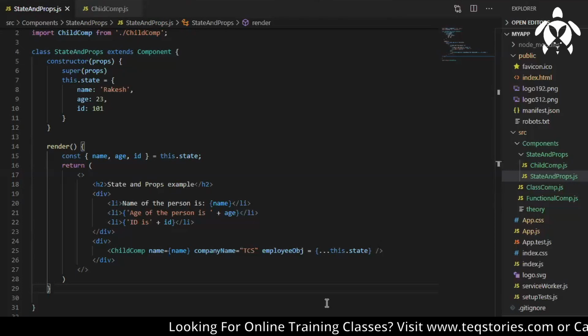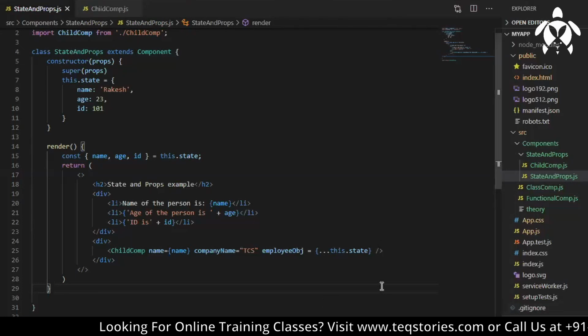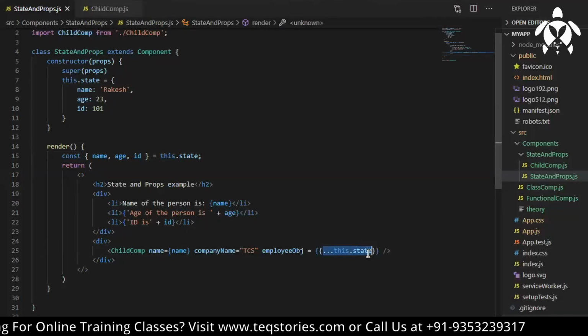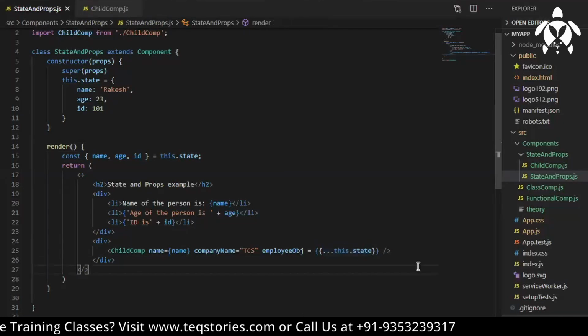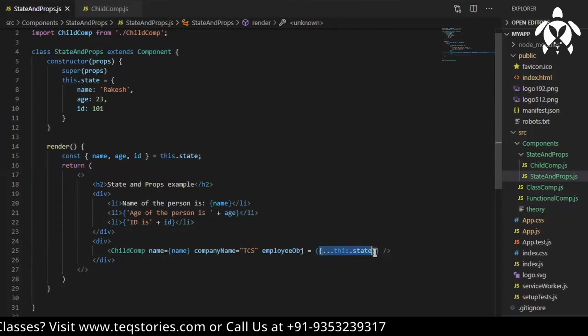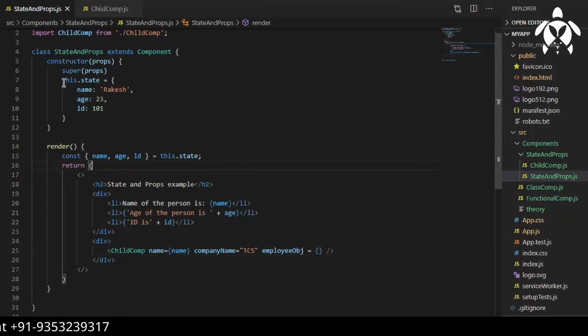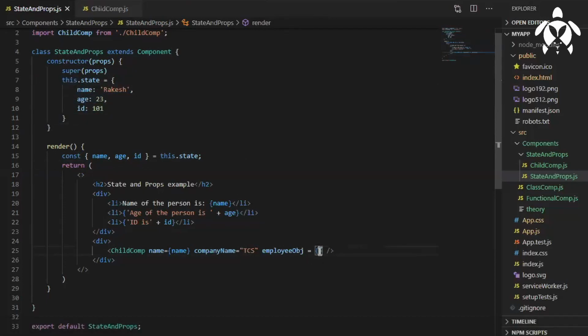Is it a valid statement? Can I spread them like this? When you directly spread, it will be considered as an expression binding. Object spreading you can do only within object curly braces.